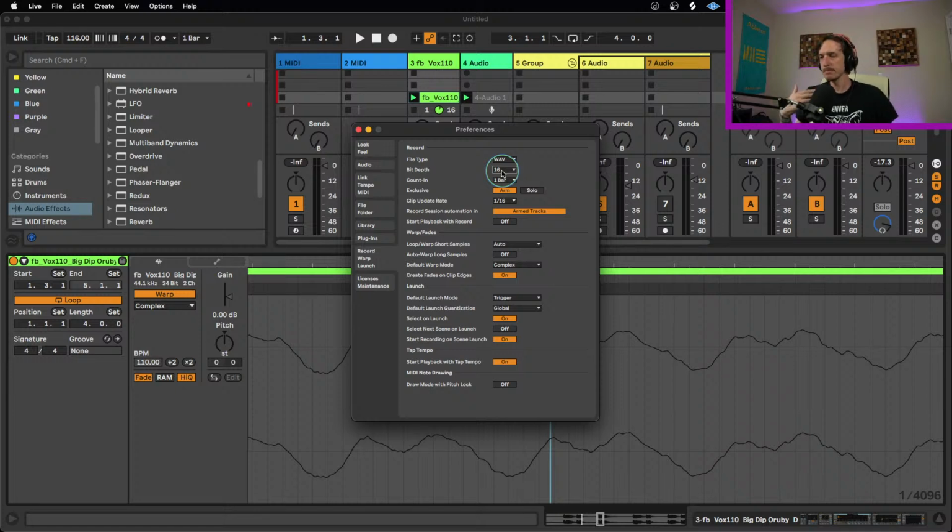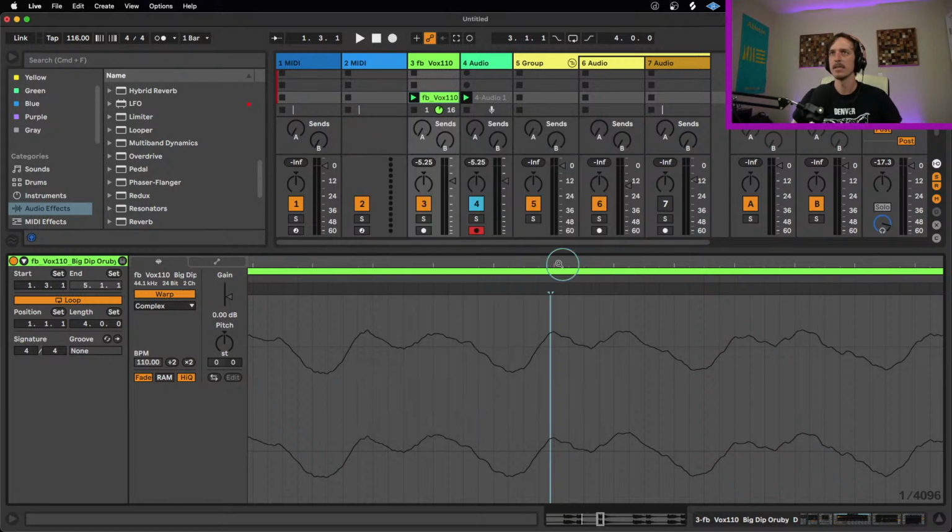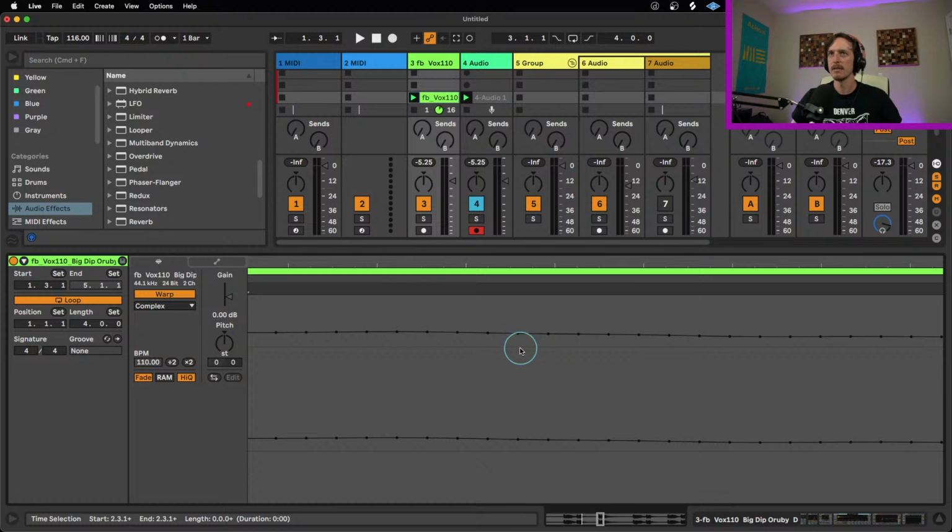So 16-bit sounds decent. 16-bit is essentially like CD quality. So if you've ever listened to a CD, nobody listens to CDs anymore, but it's that audio quality, which is 65,000 roughly. 24-bit is going to be 2 to the 24th power, which, if I'm not mistaken, is 15 million, 16 million, somewhere in that range. So you're going from 65,000 to 15 million different volumes that you could possibly measure at. So when you're looking at these little dots here, essentially from, I believe it's all the way up and down. So it's like from here to here is 15 million different places that that dot can be for your volume,